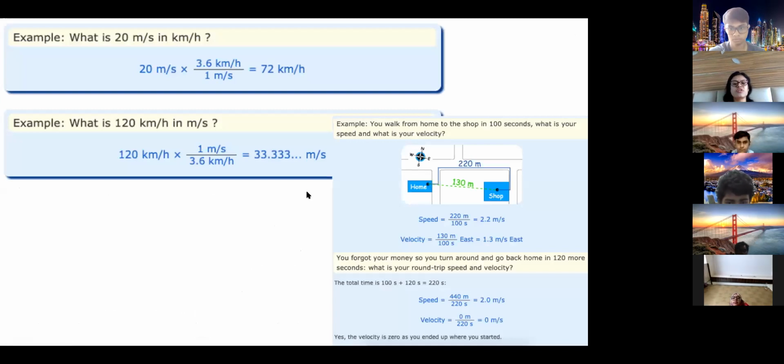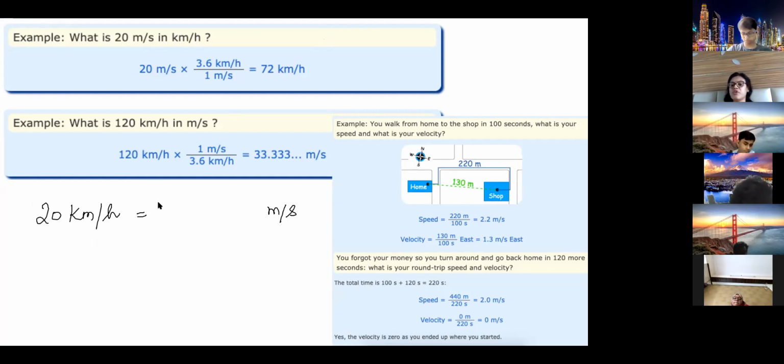First, let us do some questions on this speed. Now, how will you convert meter per second into kilometer per hour? I have told you how to convert that. Suppose I have to convert 20 kilometer per hour to meter per second. Anyone remembers how we convert it? I have told you earlier also. 20 kilometer per hour converted into meter per second. How will you do that, Farhana? Kilometer per hour into meter per second. How will we do that?